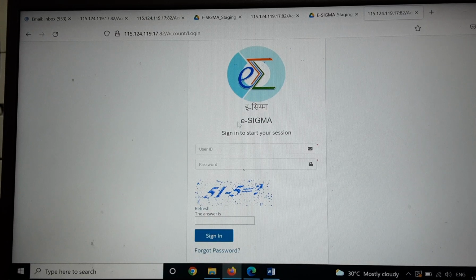As I have already discussed, through this application, FOD users will be able to tag FSUs to enumerators and see the progress of their FSUs, and there is a self-learning module. If they wish to see a particular concept on the schedule, they can go to the self-learning module, and from there they can understand the various nitty-gritties of the survey. Then there is query module. So all those things are there in eSigma, and one can work with those in this. And this application is meant for desktop version only.